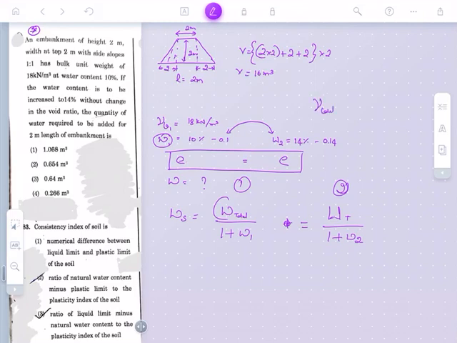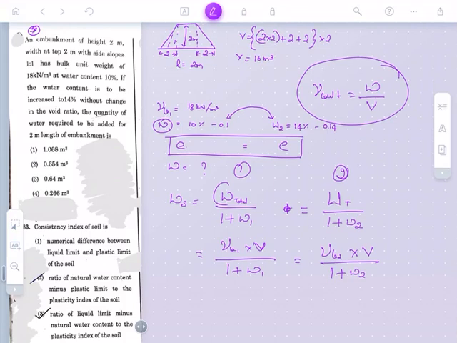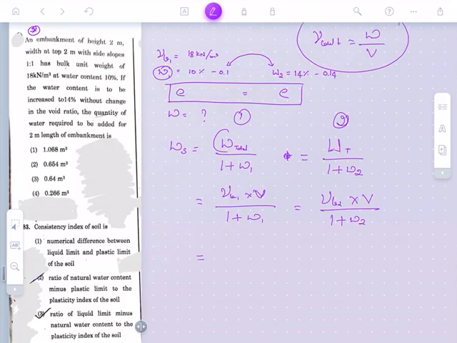And we know the formula gamma bulk, that is bulk unit weight, will be equal to total weight per volume. Simple. So weight will be equal to gamma bulk into volume. This weight will be equal to gamma bulk 1 into total volume divided by 1 plus W1, which is equal to gamma bulk 2 into total volume divided by 1 plus W2. See, volume is constant because the embankment is constant. The only thing we are changing here is water content, and the void ratio being the same, what I will do,